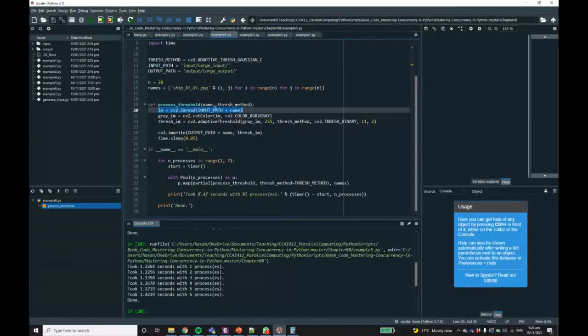So the processes do not have to wait for 400 images to get read and then start working. Each process does the reading on its own. This gives you a little bit of a speed bump, and it should give you a little bit of an increase in performance when it comes to using more cores. So if we run this example,